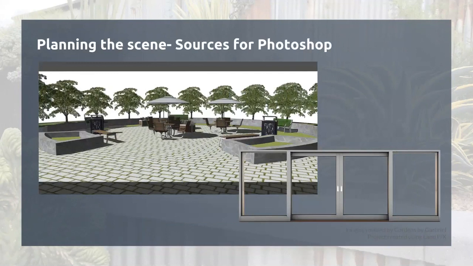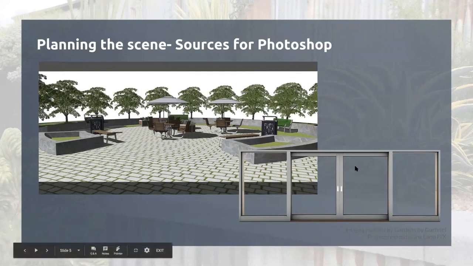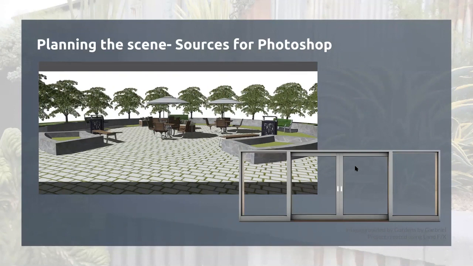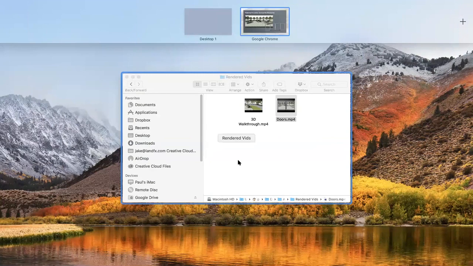So before we get started in Photoshop, what we're going to need is an initial frame from the animation in SketchUp. I will demonstrate how to grab that real quick. And then also I have a PNG image of some sliding glass doors that I found on the internet. You're going to want a PNG for anything that has windows because that file format will preserve transparencies so that we can actually look through the windows when working with it. So let's move into SketchUp to grab that